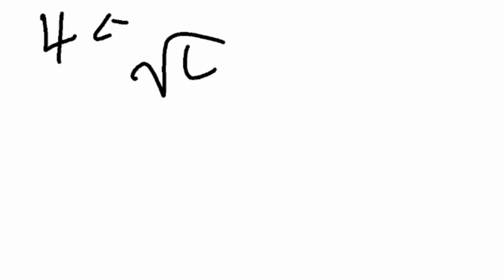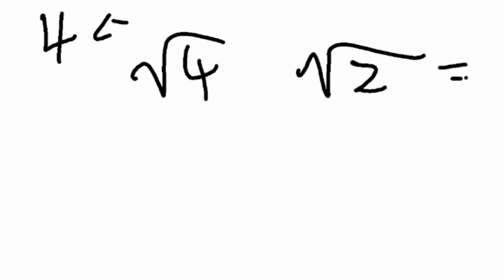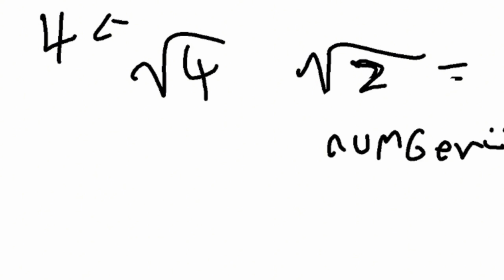So, positive numbers can be square rooted. This is a perfect square because the square root of 4 is 2. And even if it's not a perfect square, you can still take the square root. Like, the square root of 2 is something I'm too lazy to figure out right now. But it's a number. But what about